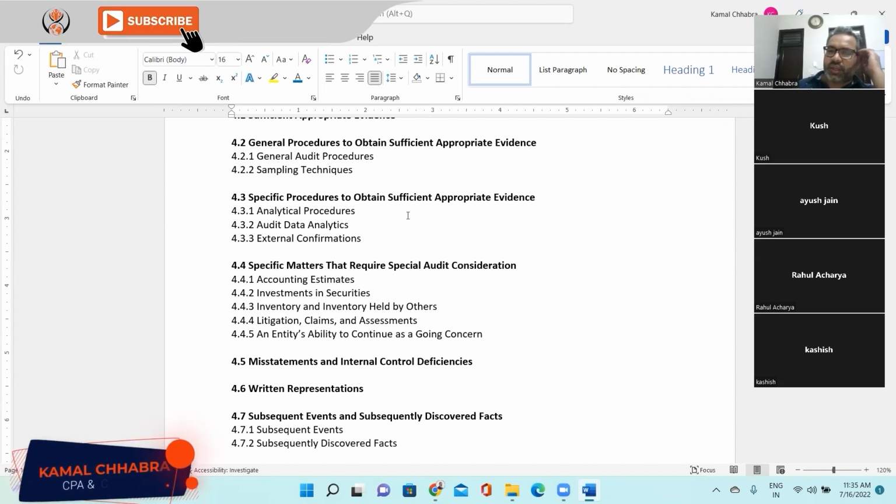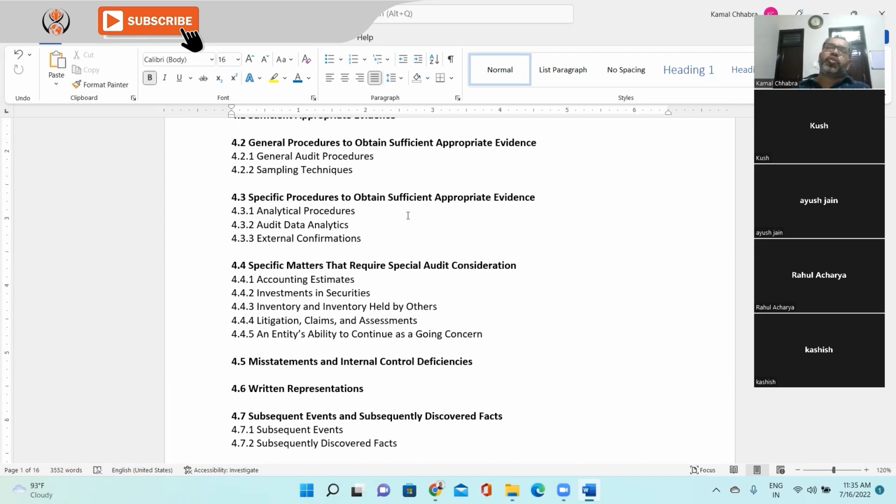All those things you'll be taking a written confirmation from the management that they are aware of these misstatements and the respective action they have taken for those misstatements, right? And then any fraud risk, if you have identified any, you can say suspected or actual fraud, they are aware of. Any suspected or alleged fraud, they are aware of, right? Those all types of confirmation you take in written representation.